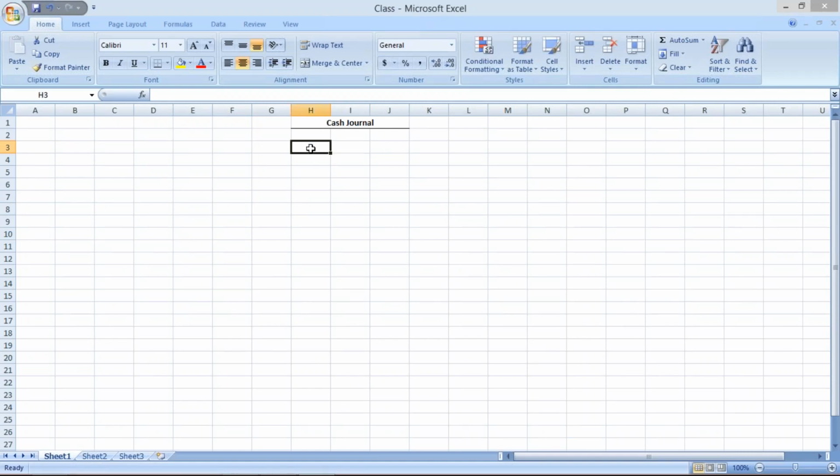The GL that is going to be debited is petty cash.